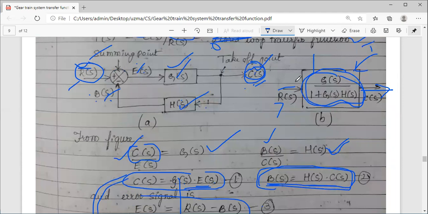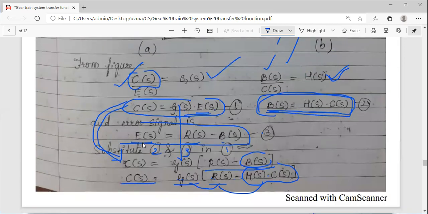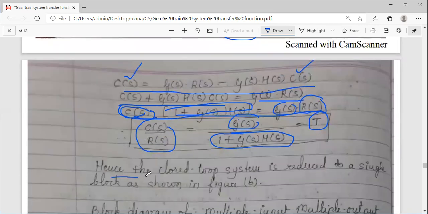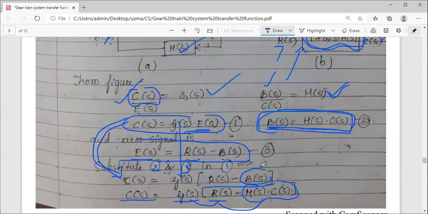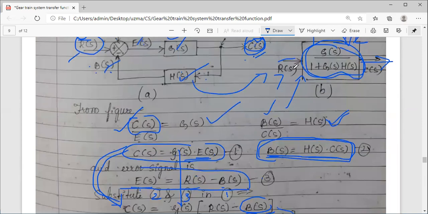Within the block, I have written the transfer function of the system. So this is your block diagram representation for a closed loop system. Simple. What I have done, complete system I have replaced with one single block, which will give you the mathematical operation of that system, and inside that block I am entering the transfer function of the system. How to find the transfer function, just now I have calculated. So hence, closed loop system, it is reduced to a single block as shown in figure B. So I can redraw this in this form. One single block I can replace, and inside it you put the transfer function. That's it.